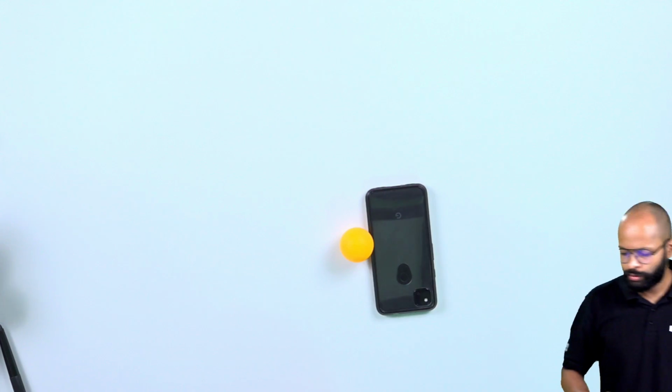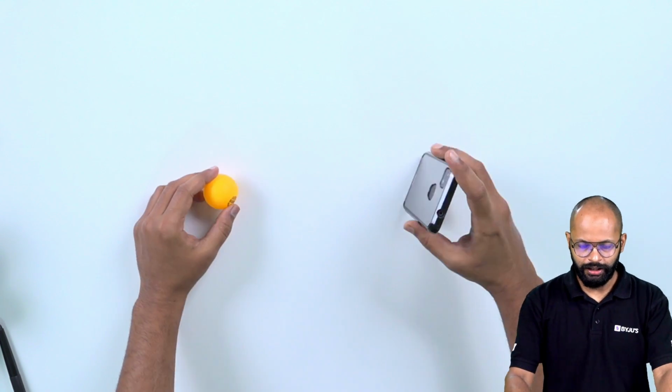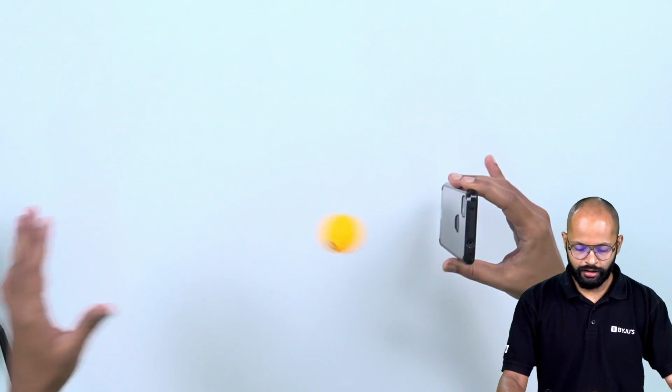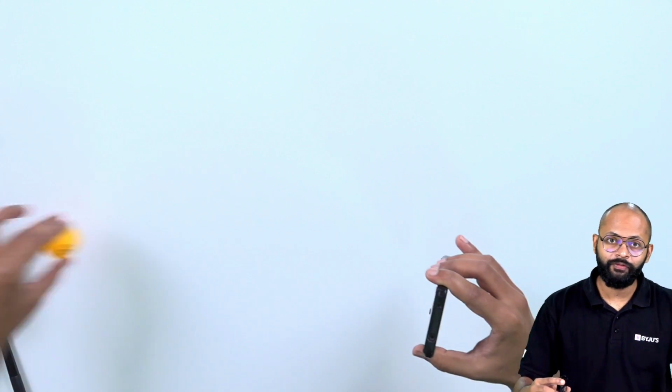Now, let me show it to you practically. So what happens? Let's say this is my bat and this is the bowler, the ball coming from this side. Right? You have to swing the bat. It's okay, I have another ball. You swing the bat and the ball goes in the forward direction.